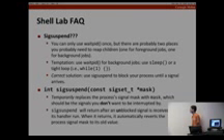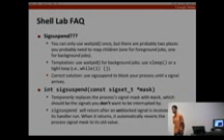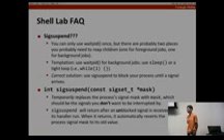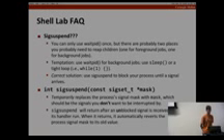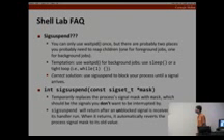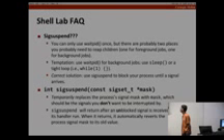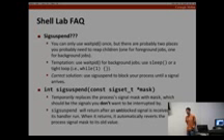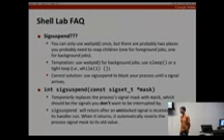Sigsuspend. So sigsuspend, maybe a lot of you have found is helpful for this lab. If you have not realized that yet, I will tell you now, sigsuspend is helpful for this lab. You might have noticed that there's sort of two places where you want to be able to use waitpid, because you have to handle these background jobs, and you also have to be handling a foreground job, and maybe a background job is going to stop while your foreground job is running, and you don't know what order these things are going to happen in. But you can't have waitpids in both places, because each waitpid just sort of gets whatever children happen to be